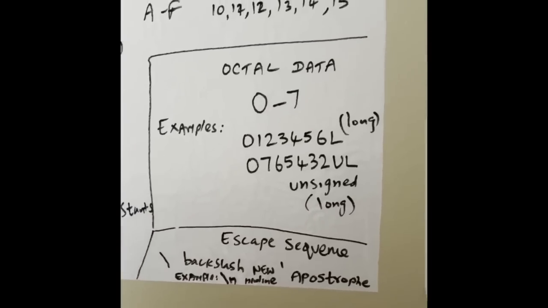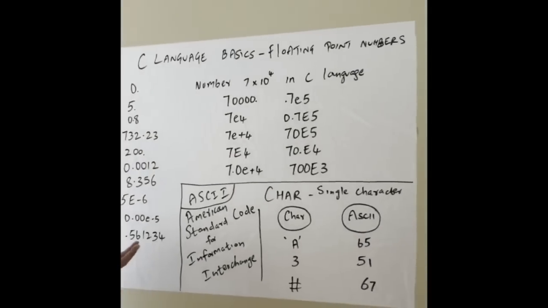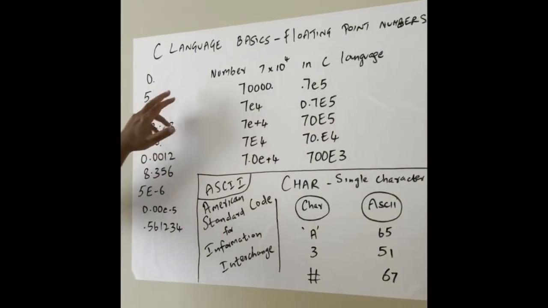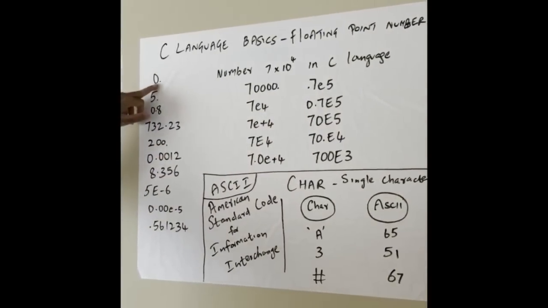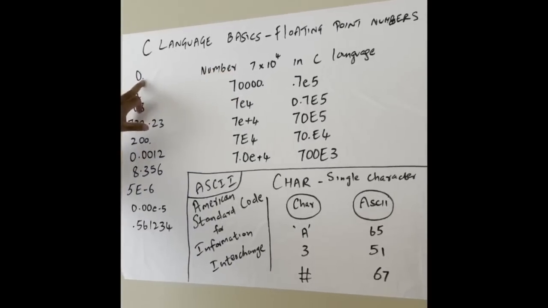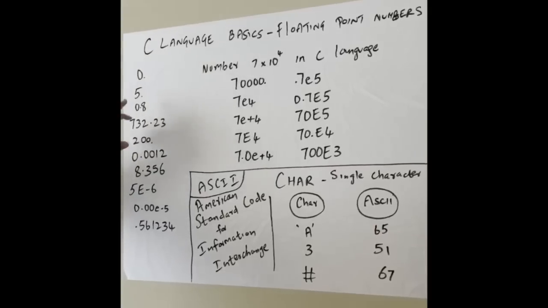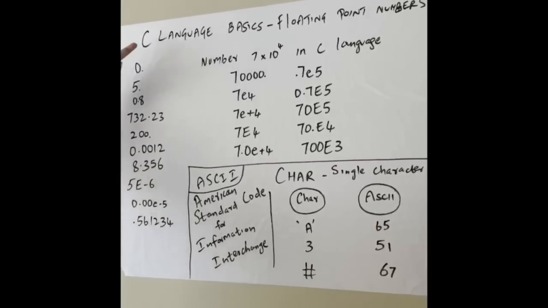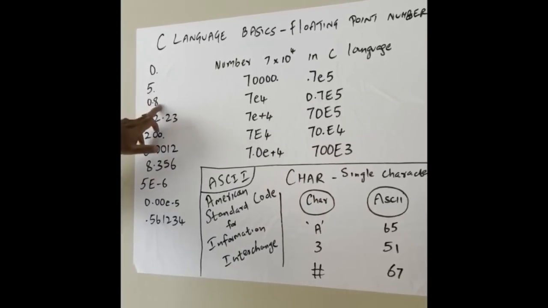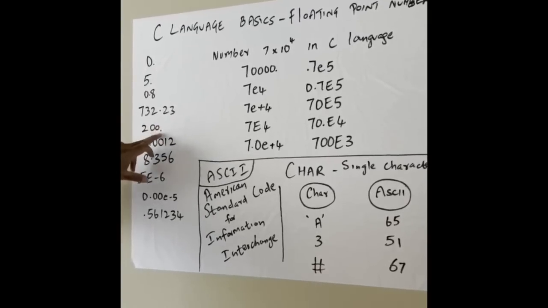Next we'll move to floating point number examples. We know integers 100, 1000, 10,000. Floating point numbers are decimal numbers with exponents. Some examples: 0 dot. 0 dot is a floating point number because it has a dot, decimal. 0 is an integer or whole number. 5 dot, these are different examples of floating point numbers. 5 decimal place, 0.8, 732.23, 200 decimal place,